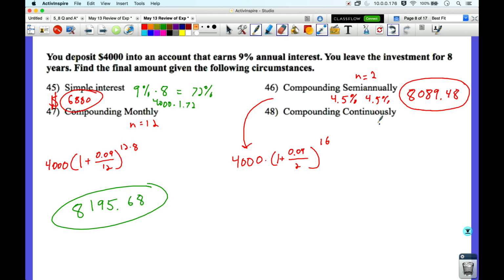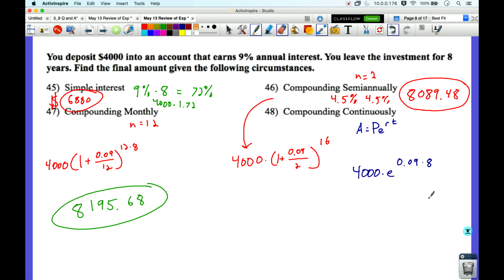Now compounding continuously has a completely different formula. This is final amount A equals P e to the rt. All right, let's just plug in what we know. 4,000 times e. e is just this number, it's 2.71. It's in your calculator. The rate we'll express as a decimal, 0.09, times the number of years, so times 8. All right, so e to the power of 0.72